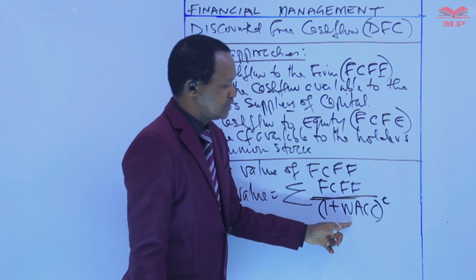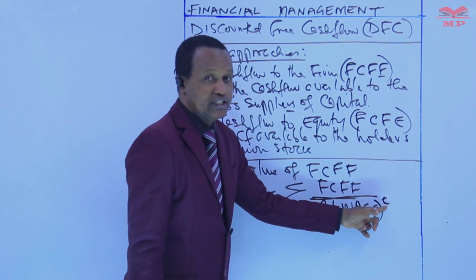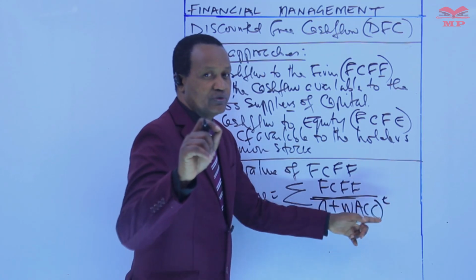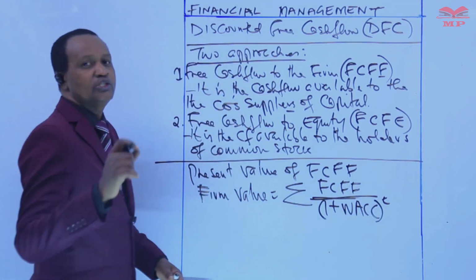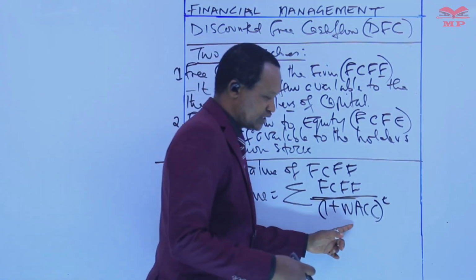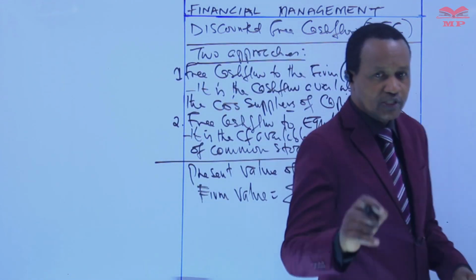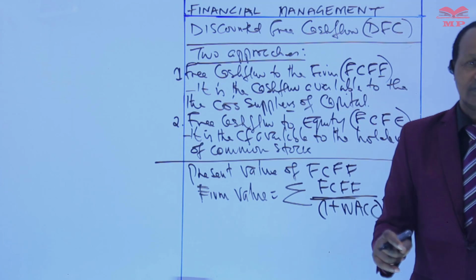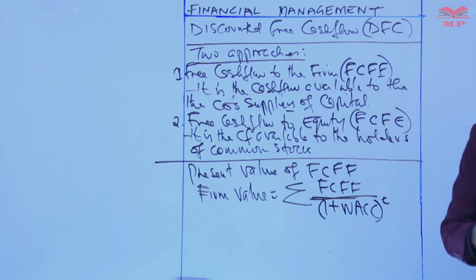WACC is the weighted average cost of capital, and T is the time periods from 1 to maturity. And I've explained why we are using the weighted average cost of capital. We are using the weighted average cost to discount the future cash flows for the firm,